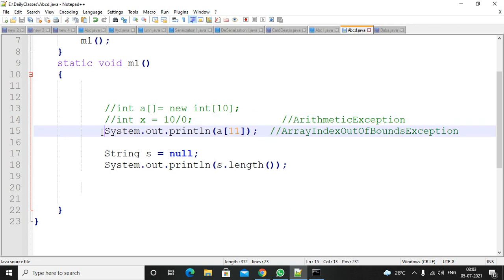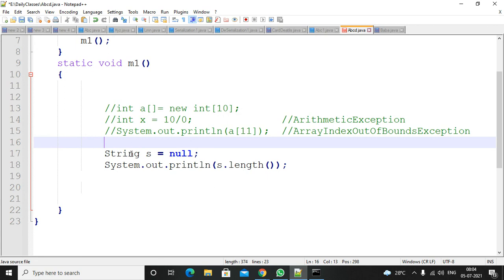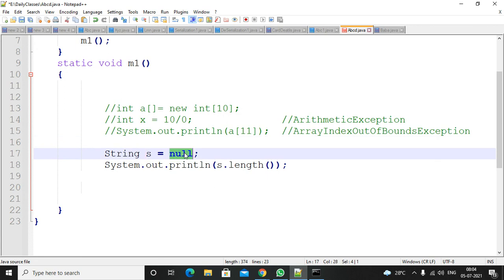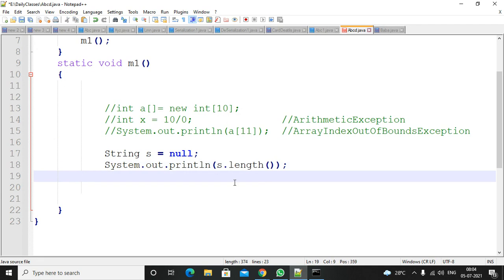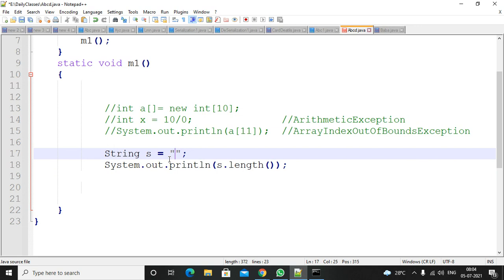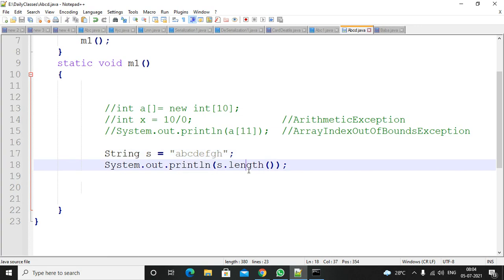Just now we executed that. In this case, string s equal to null. That means the string is not pointing to anything. The class is not pointing to anything. You are trying to find out the length of a string. So in this case, what will happen? Suppose some name is there. What are you trying to do here?